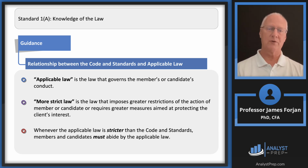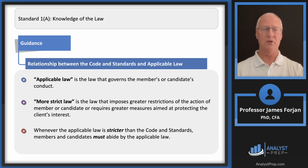There's probably some good questions on the difference between the applicable law and the more strict law. So just make sure you follow the more strict. You need to know what laws apply in which jurisdictions. And what the Institute has emphasized, and this really is only in the last several years, is a distinction between